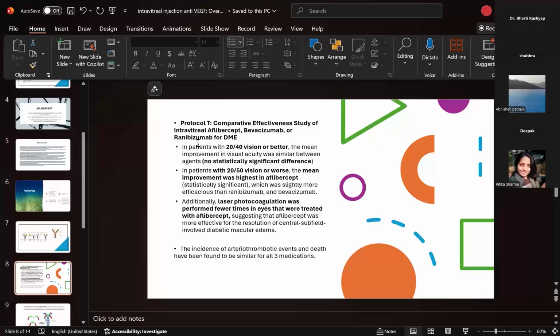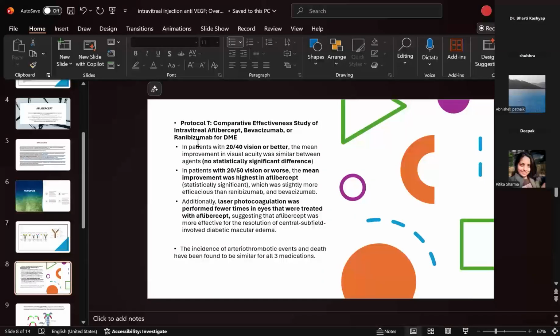Some important points to know. There is a protocol T in the DRCR study, which compared the effectiveness of intravitreal aflibercept, bevacizumab, or ranibizumab for DME. Now that you know that for diabetic macular edema all three drugs are effective, which one to use and when to use? So the findings that were noted in patients who had a vision of 20/40 or better,